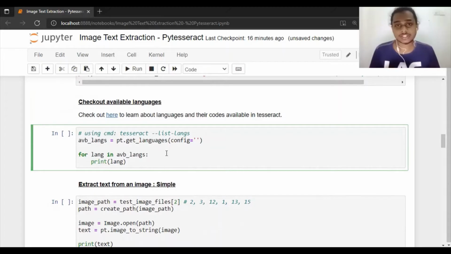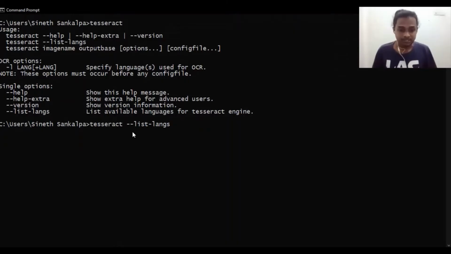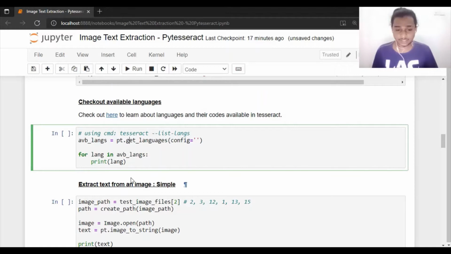As I previously mentioned, Tesseract supports different kinds of languages. If you want to know what languages are available in your Tesseract OCR, you can simply take this particular command and paste it into your command prompt: tesseract --list-langs. Then you will be able to see the languages available in your current Tesseract OCR, right? You can see that